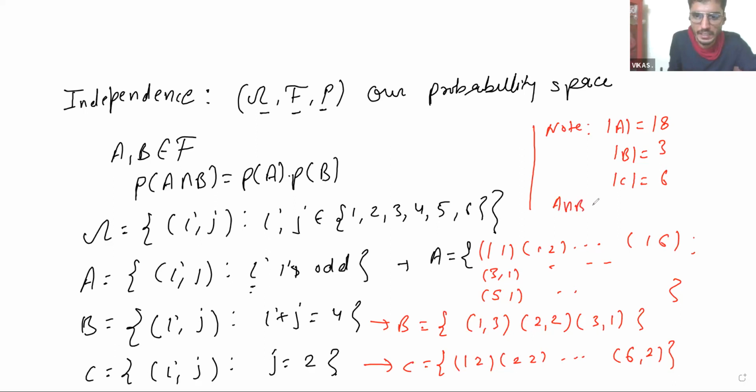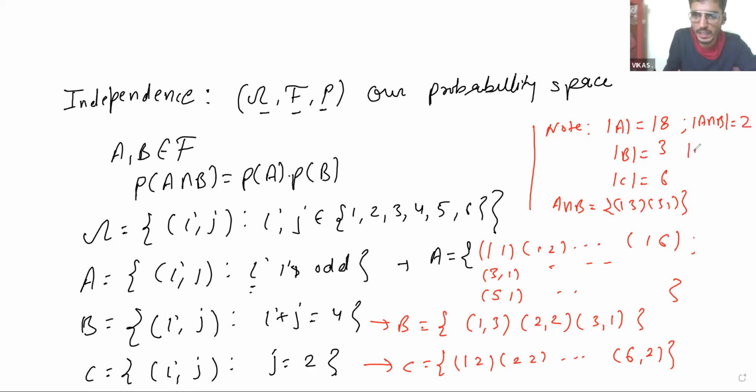If I take A intersection B, you can see the common favorable cases in A and B. (1, 3) is there, (3, 1) is there. So the cardinality of A intersection B is only 2.